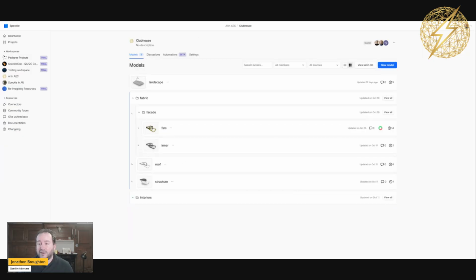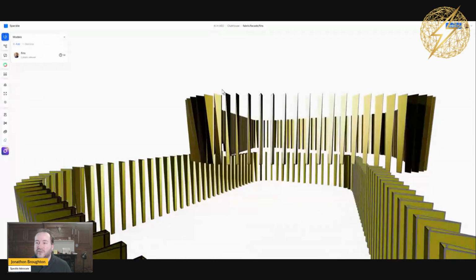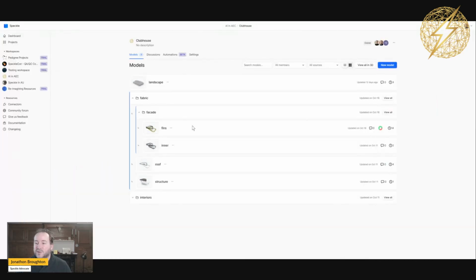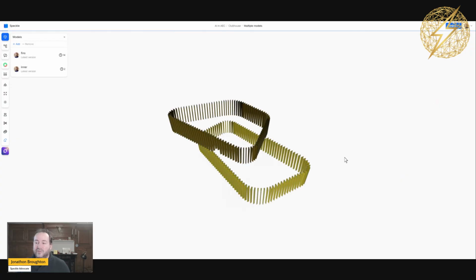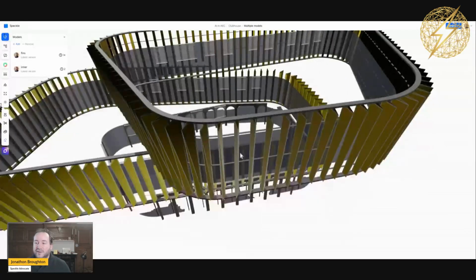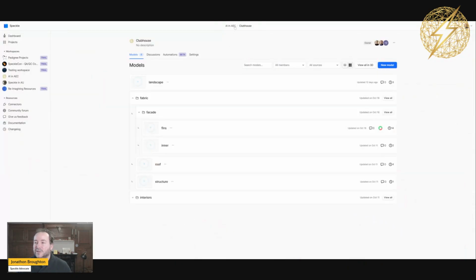And if you're breaking down models into, let's say, fabric and interiors, I can look at not only individual models, so let's say just look at the facade fins, but actually what I can do beyond that is I can say, well, actually the facade is a collaborative endeavor as well. So here we've got those facade fins and also the overall glazing units or whatever.